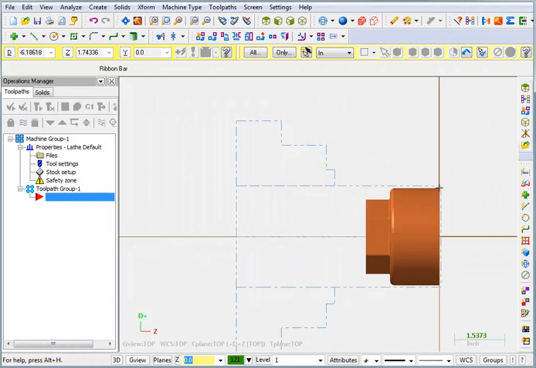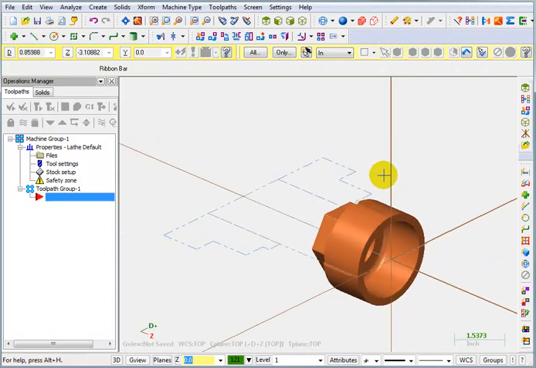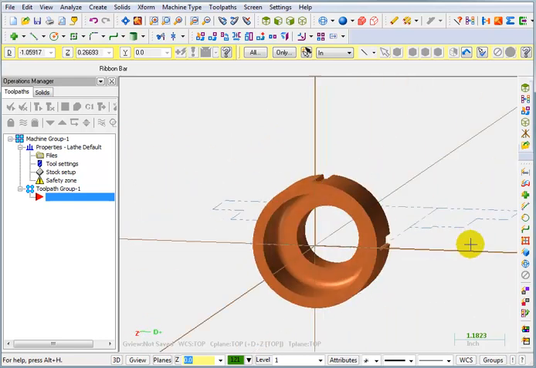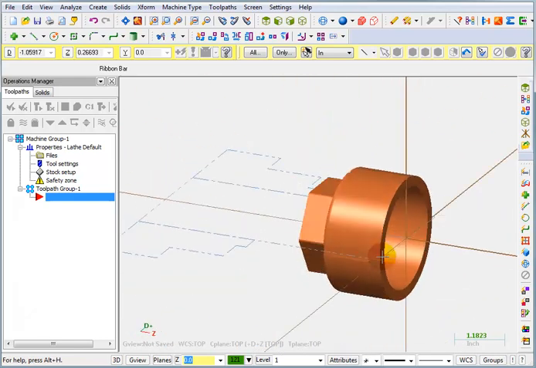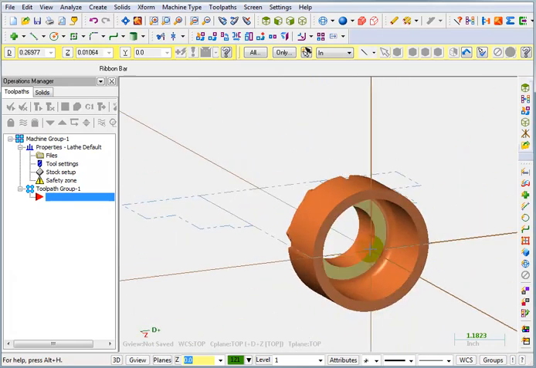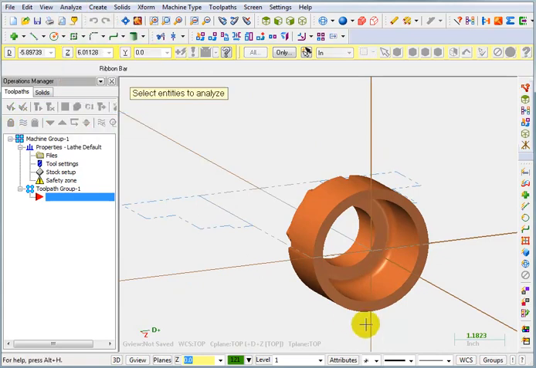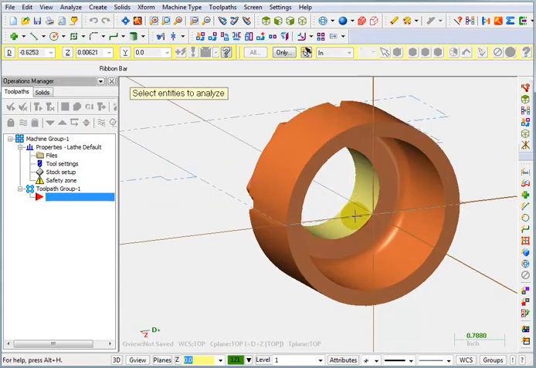So before we get started on our toolpaths, let's take a quick look at some of the things on here. We have these slots. They go all the way around the part. There's 4 of them, every 90 degrees. We've got a hole that goes all the way through, and we can say Analyze Dynamic and pick that inside